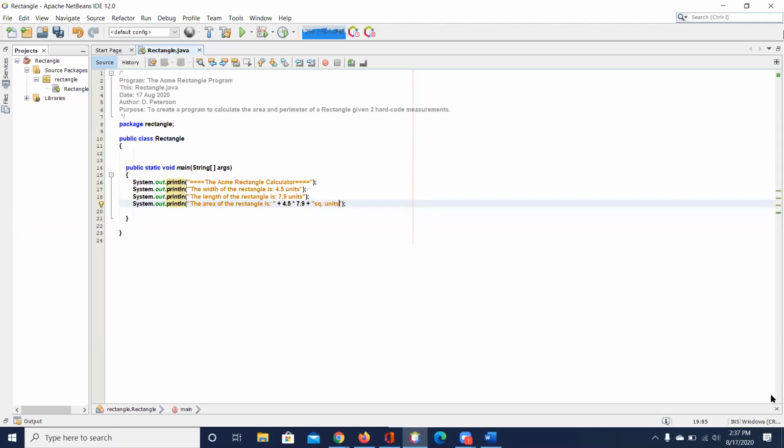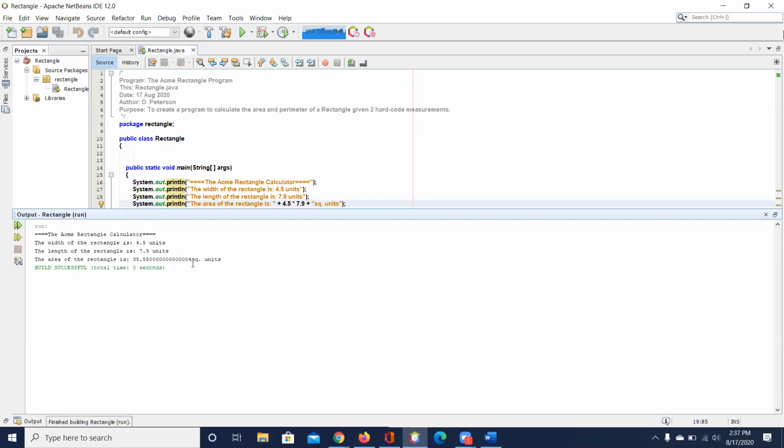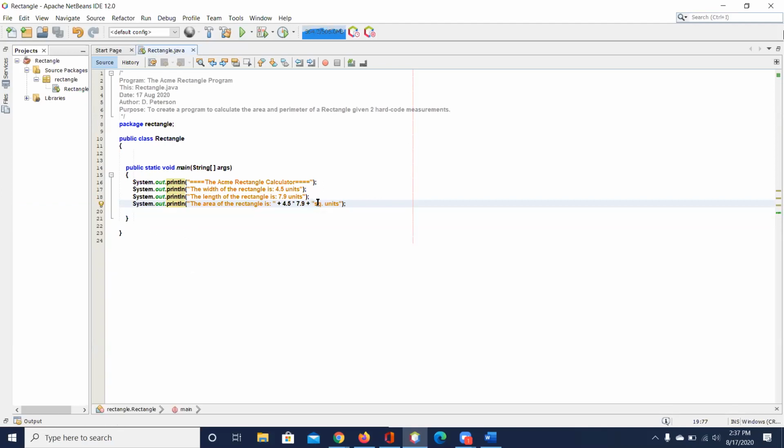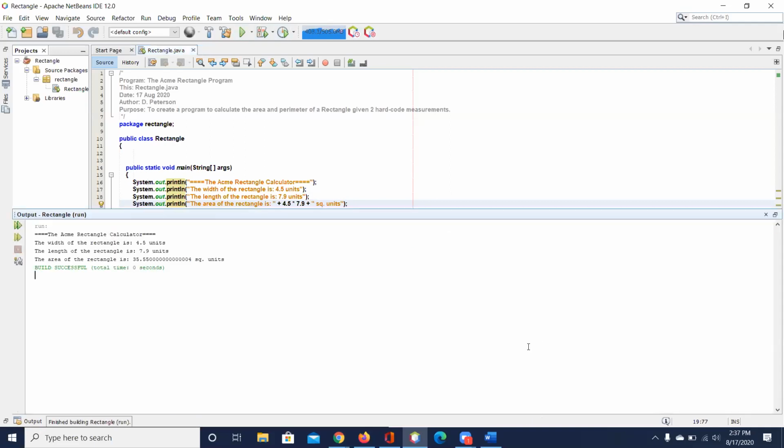Something like that. And then run it. And you can see I'm missing a space there. So I'll come back here and put a space there. Now it'll look real pretty. Okay.